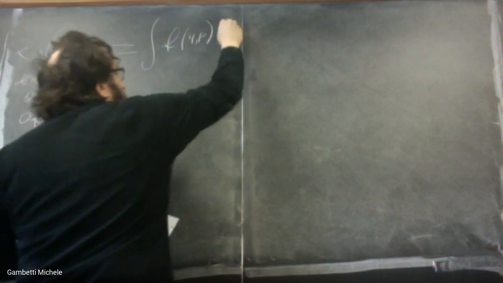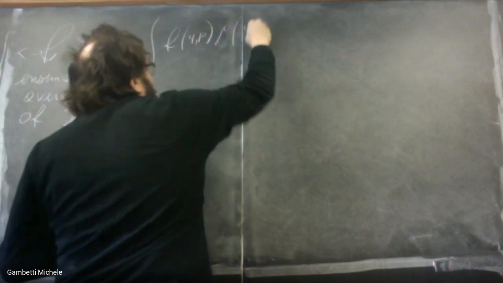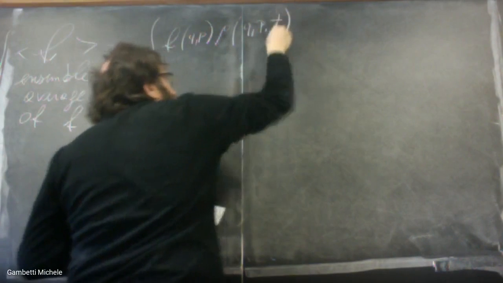Indeed, once we define this probability distribution, we define the ensemble average of a certain quantity F, which could be anything. This is by definition the integral of F, which is a function of Q and P, times this distribution function rho, which is a function of Q, P, and here I write it explicitly,